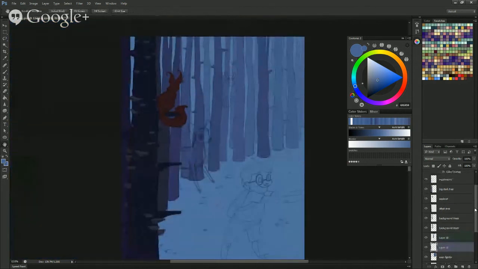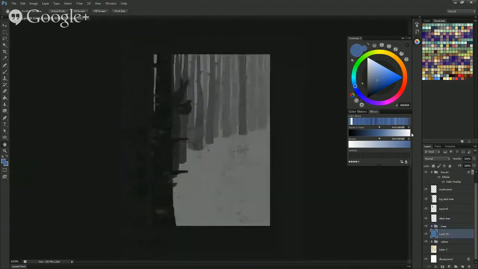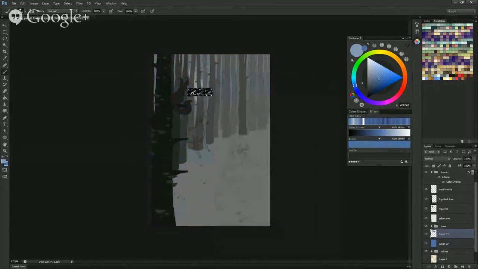So there we are, trees. And I'm gonna group these because there's a lot of them. Now if I check my values, this is pretty okay, I guess. I could go for like a lighter blue here. Oh, wait, right. Go for like